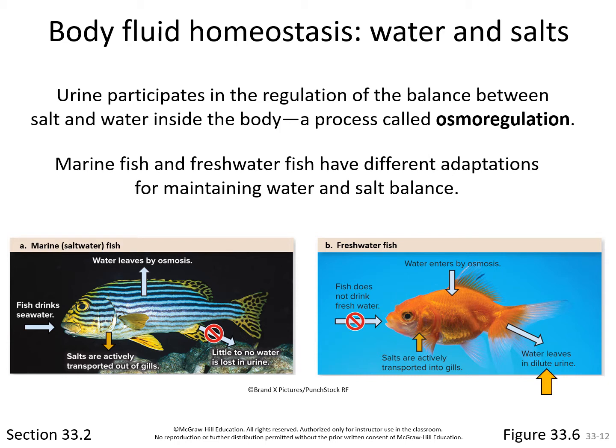And the third thing is that they're going to excrete a lot of water. So basically, freshwater fish are going to urinate a whole lot more than saltwater fish are. So one thing to note here is that both of these types of fish are pretty well adapted to their environments. So most of the time, if you take a saltwater fish and put it into freshwater, or if you take a freshwater fish and put it into saltwater, they're going to be in a lot of distress